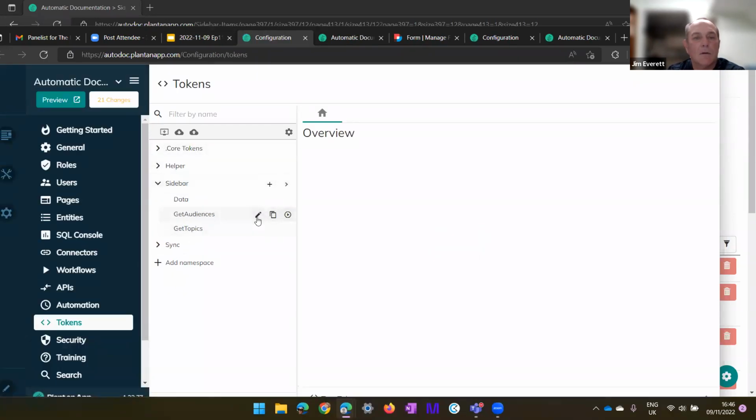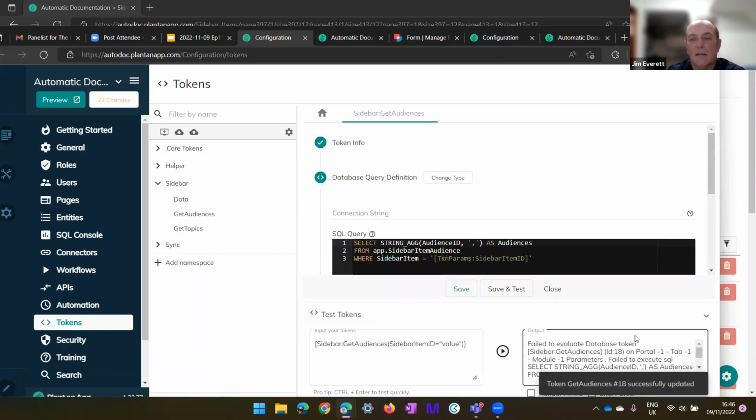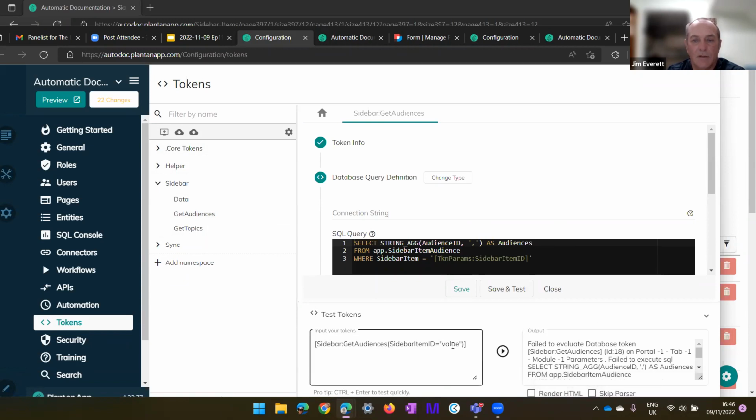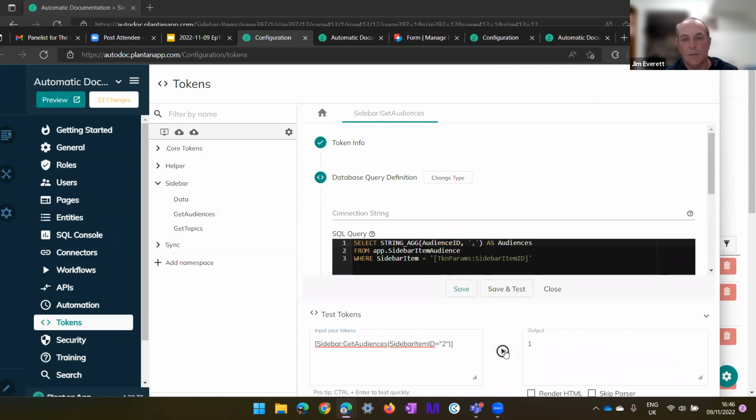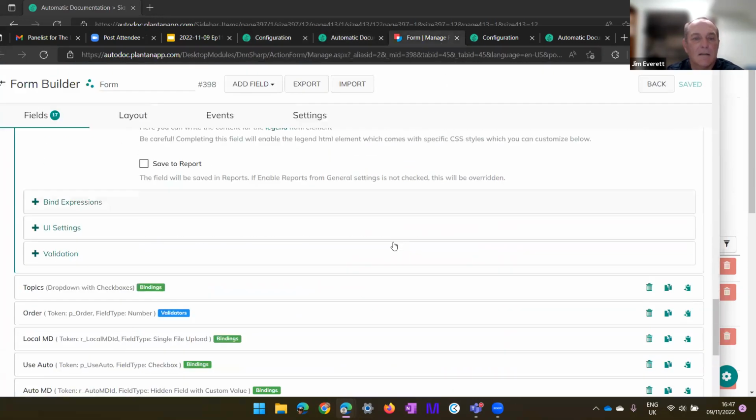So type audiences, and this produces, in this case, I didn't provide an ID. It provides a comma separated list of all of the audiences that are already ticked for that. So that's how we bring out the list of what's already selected, and then in the